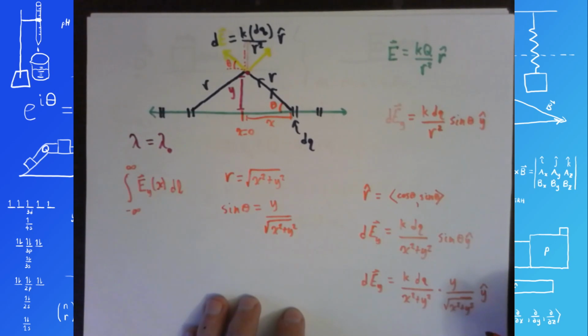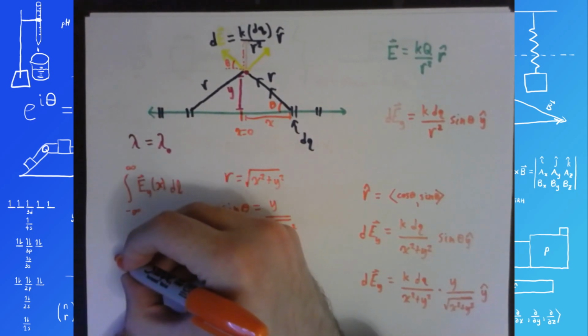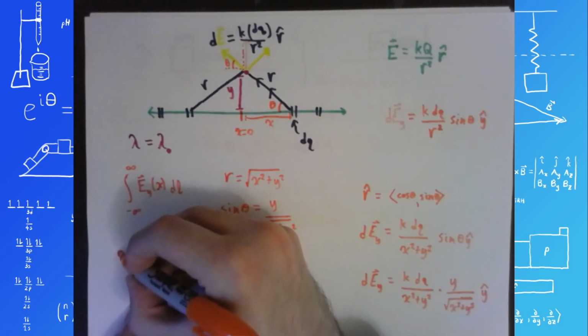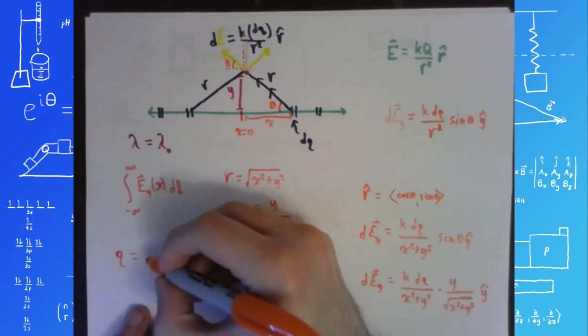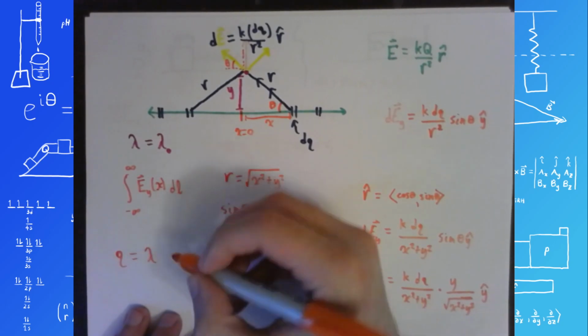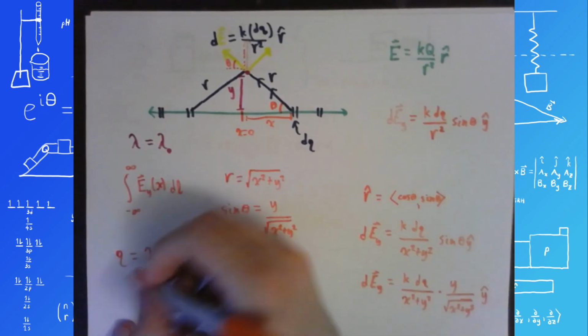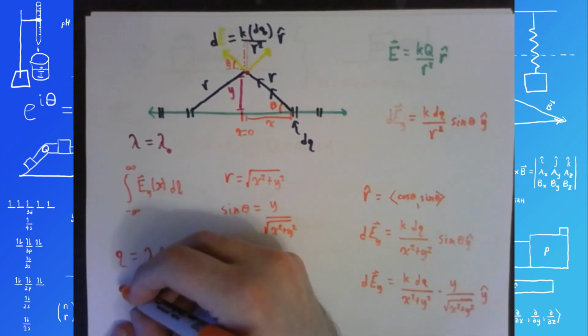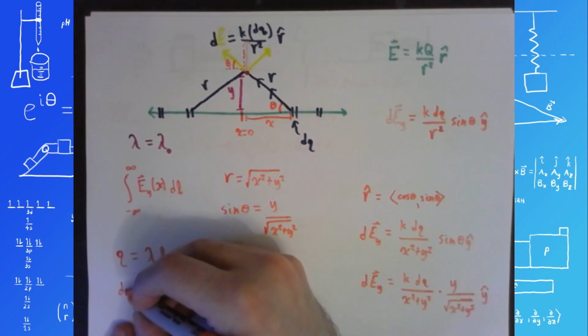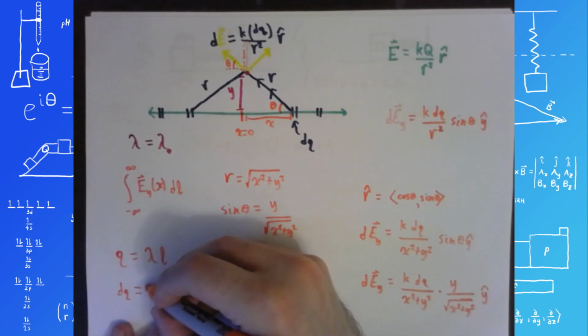Even if your linear charge density wasn't constant, in general, charge is equal to your charge density, charge per length, times the length. Or if you have a variable density, you would say a small segment of charge is equal to